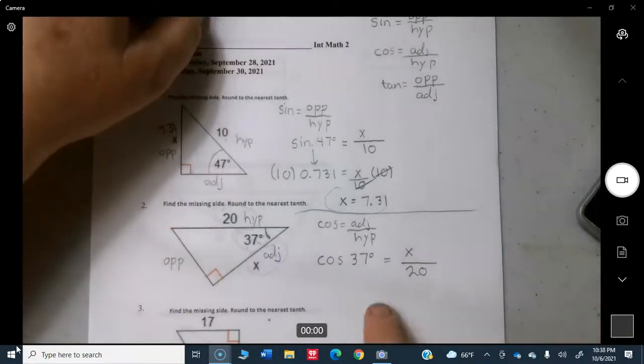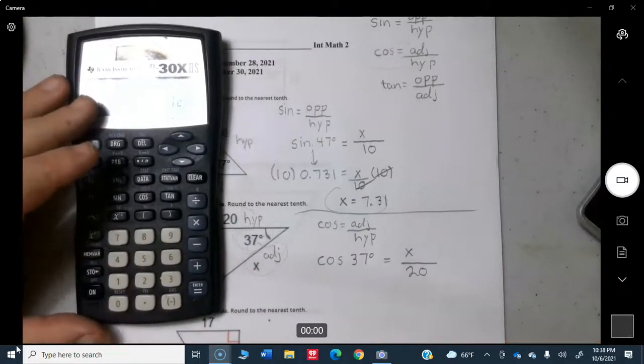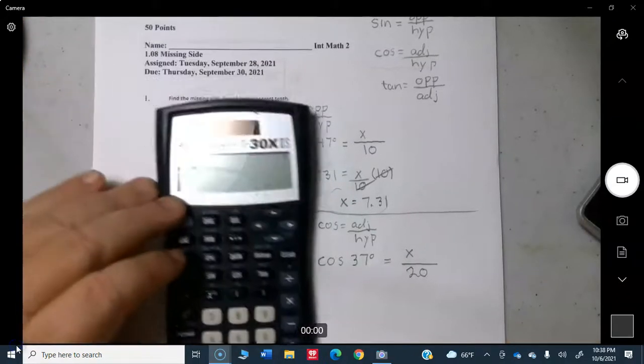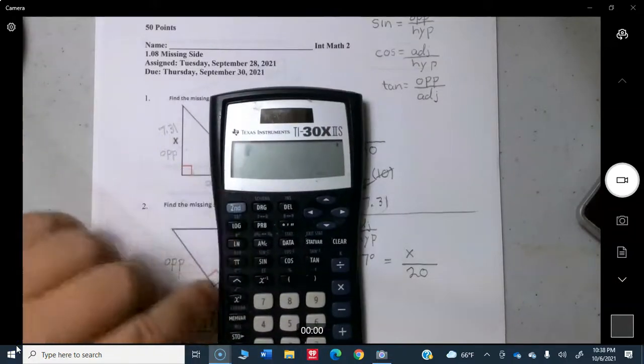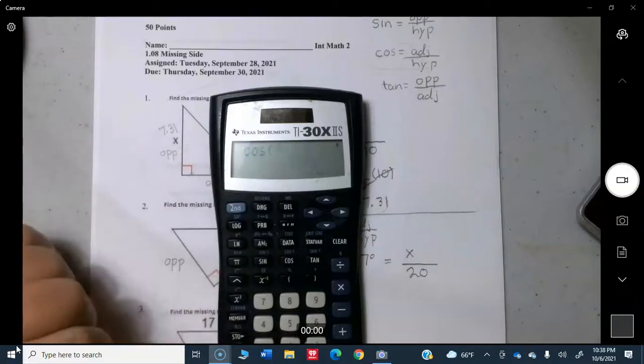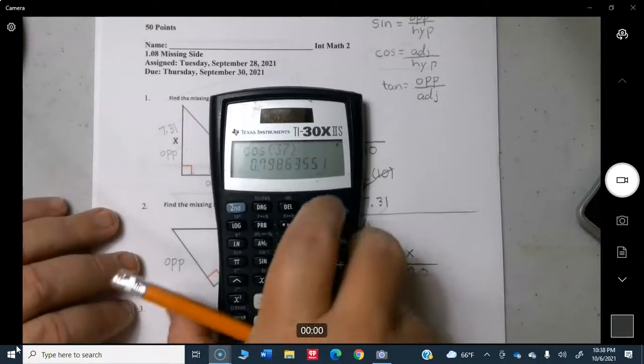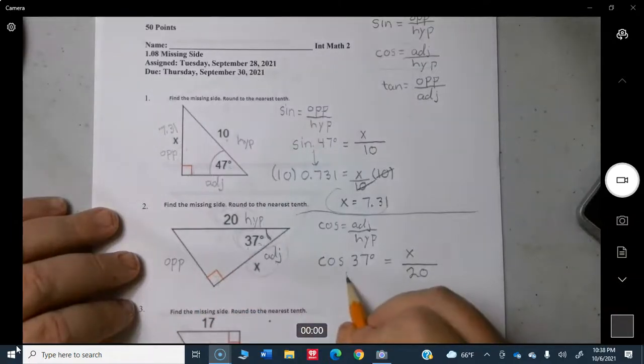Okay, so I'm going to go to the calculator and figure out what cosine of 37 is. We come down here, we find the cosine button right there, we press it and it shows up there, and we're interested in 37 degrees. Then we close the parenthesis and we hit equal, and we get 0.798, but I'm going to round that up to 0.799. So this is going to be